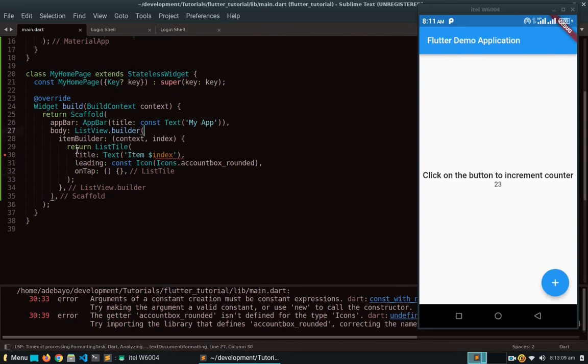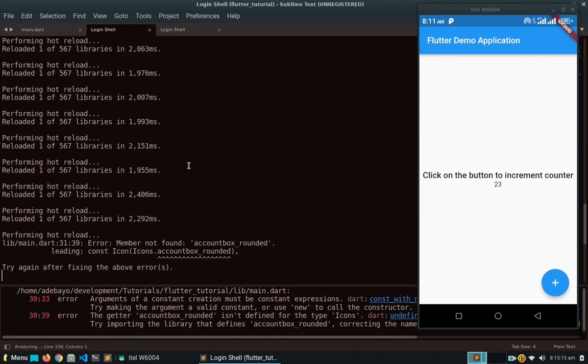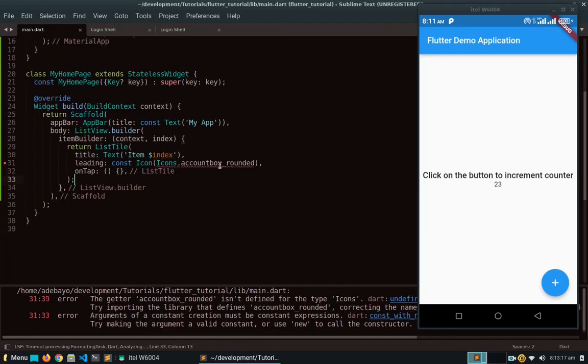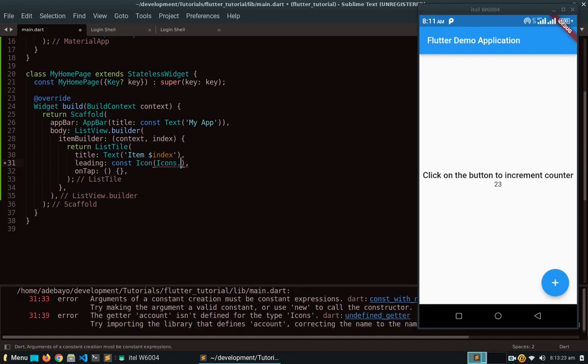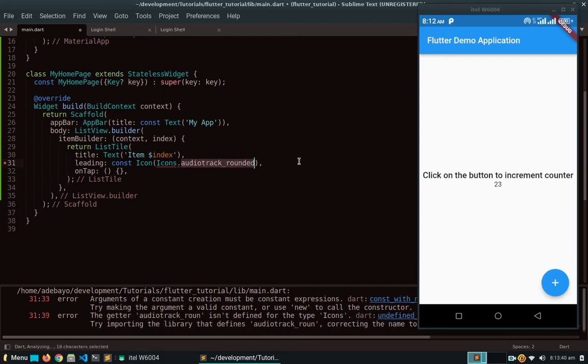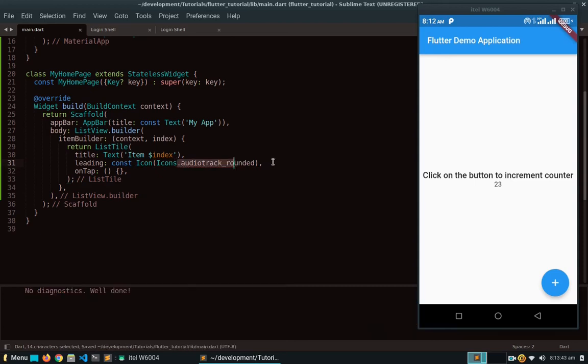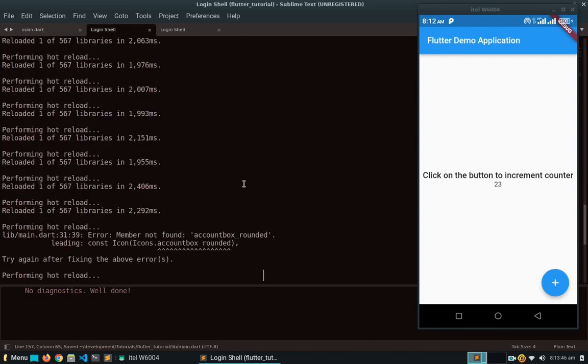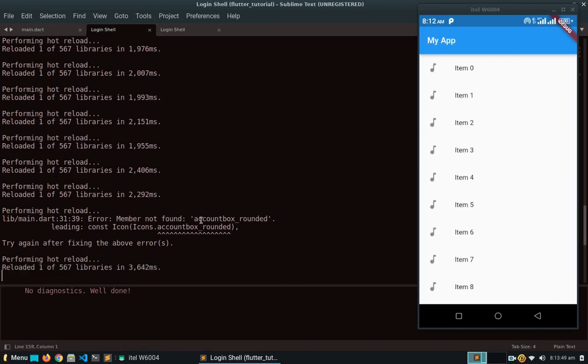So what I'm doing here is I'm creating an infinitely scrolling list, but I don't think you understand what I'm doing here. So I'm just gonna hit the R key, and you can see we have an error here. All right. So what exactly is it called? I can't remember. I think it's account. Anyway, I think audio track. I can't remember the name for the icon that I was looking for, but I knew that there was an audio track icon. Alright, so you can reload that again, and if you wait for the hot reload to continue,